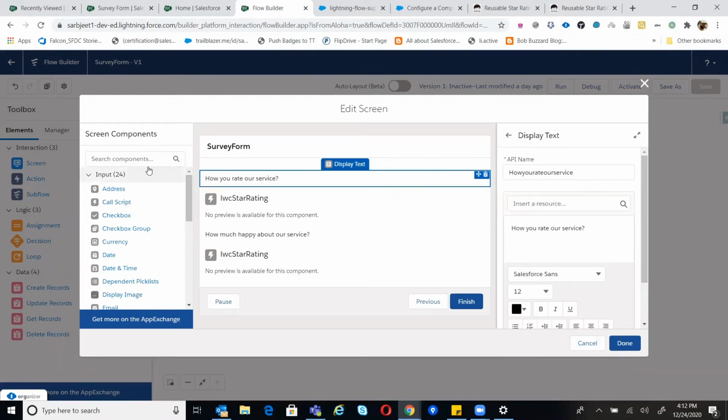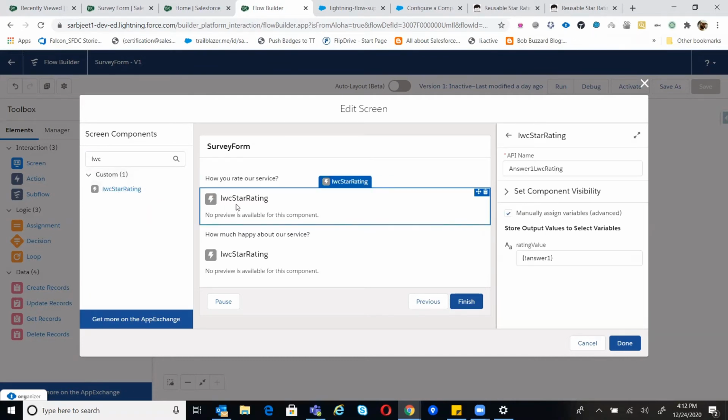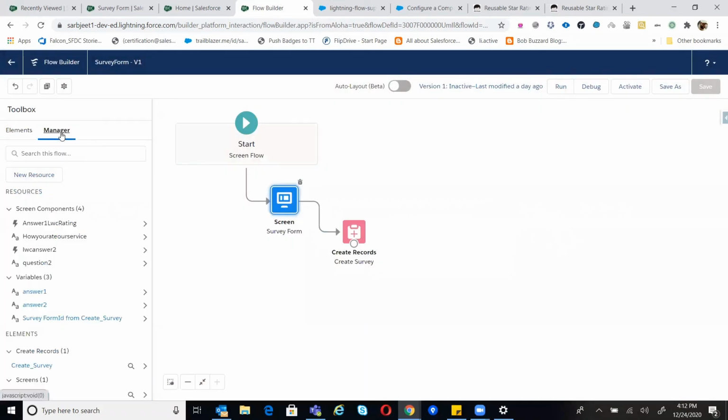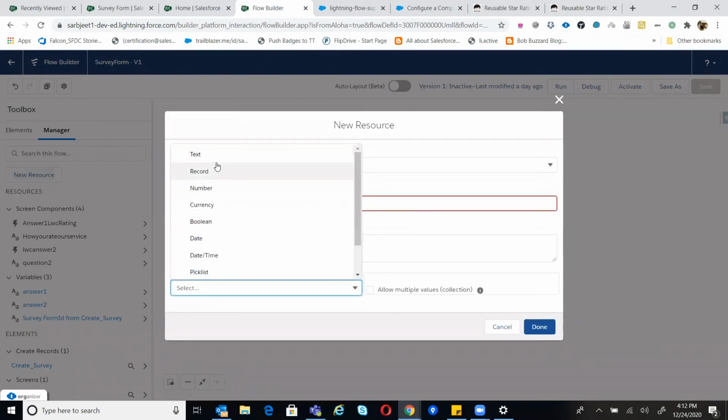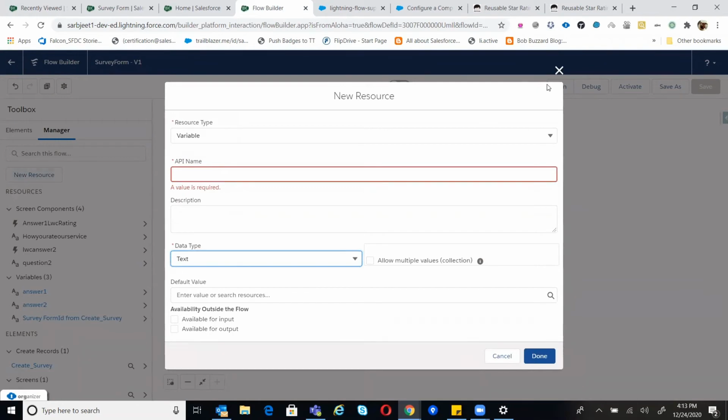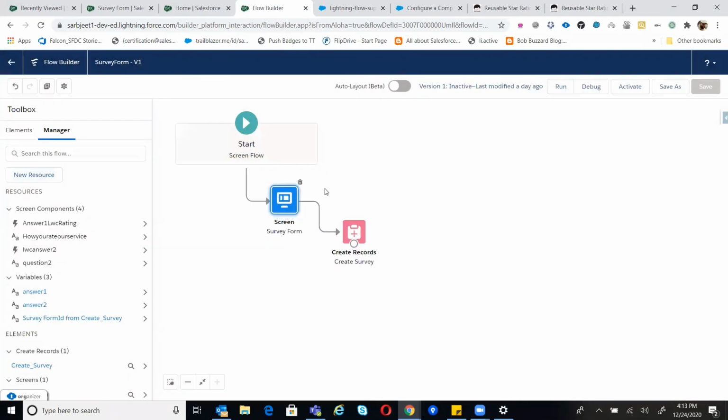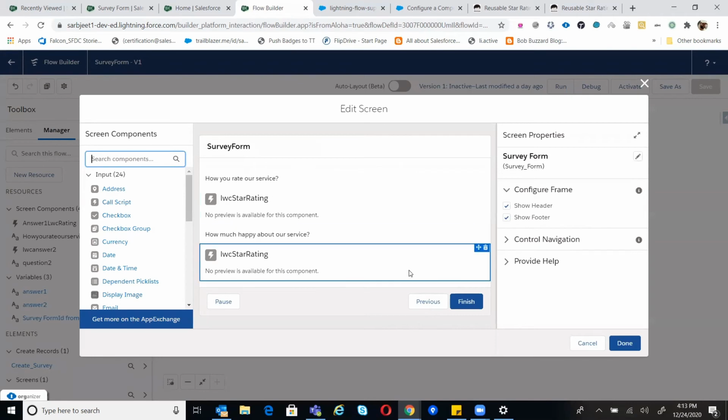Just drag and drop the LWC component. Drag the component here, and whatever star rating the user gives will be stored in whatever variable you choose, and it will assign the value to it when we click any star rating. How can we create this variable, like answer one? You can create a new variable from anywhere, like here, you can create a new text variable. Any text variable you can create. And once the user gives the star rating,